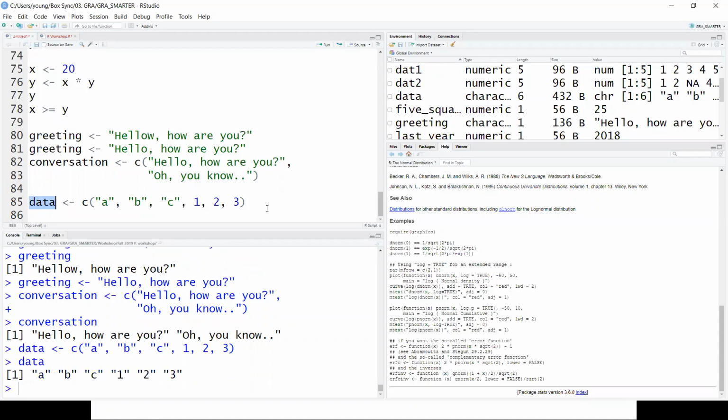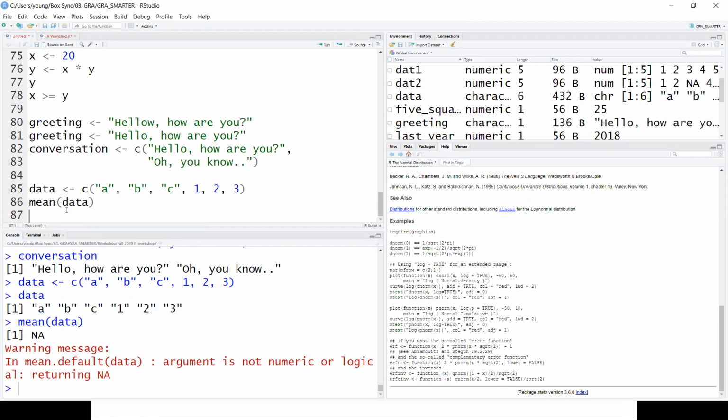If you call this data again, it would just give you ABC and 1, 2, 3. That is correct. But the problem is, as you can see in the result here, it has quotation marks. That means the numbers are changed to characters right now, so they are not values anymore. So if you try to average this data, it would not work because now everything in this vector is a character.